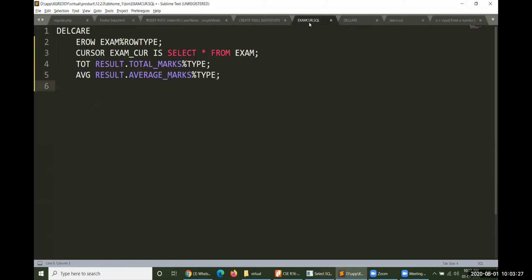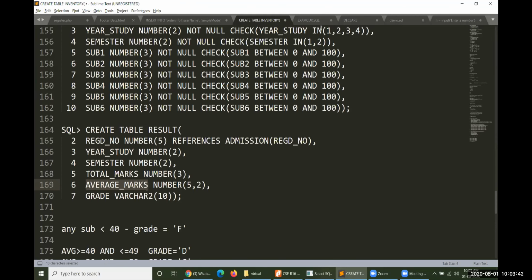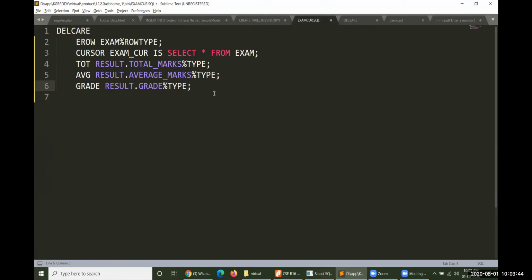Similarly, grade is result dot grade percentile type. Variables have been defined. Every variable has been defined here. Let me make it a T grade, temporary grade. Then you have to start your work.